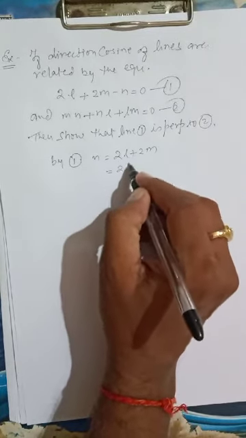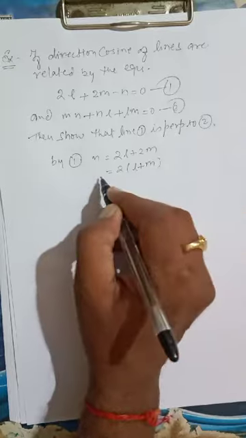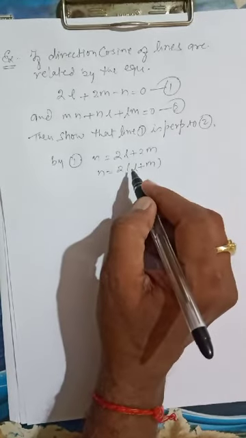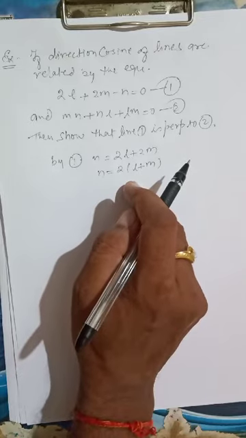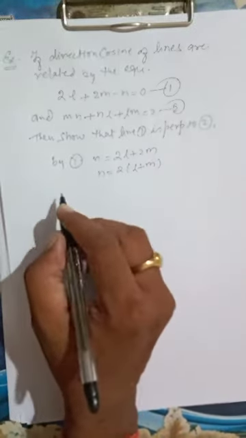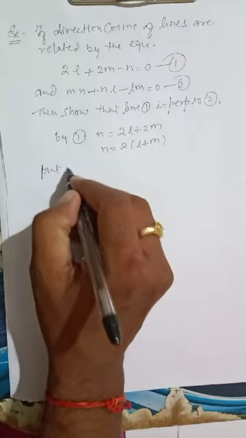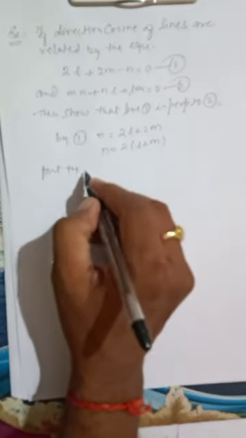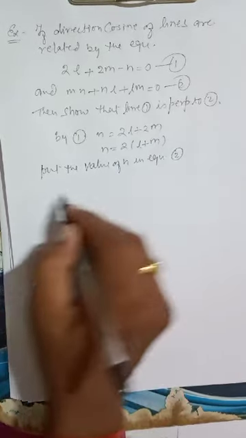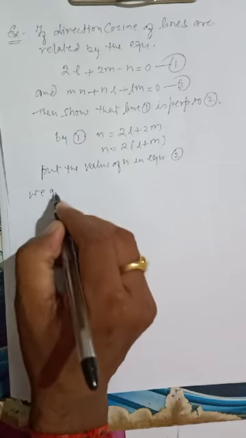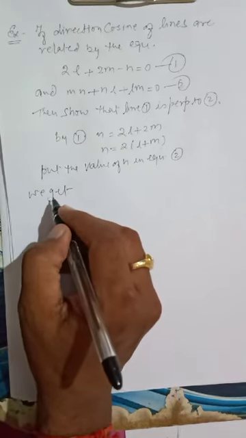I write it like 2 times of L plus M. The value of n is this. Now, if we put this value of n in equation 2, we get it is